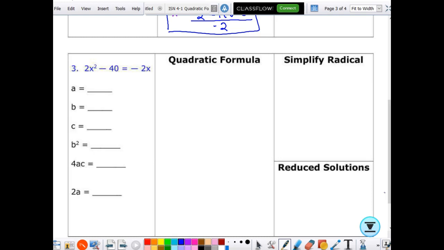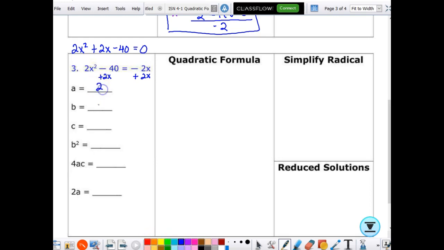So looking here at number 3, I see that we need to do a little tiny bit of work first. We need to add the 2x over here to get everything on one side of the equal sign. But we need to put that in the correct order. 2x squared, then your x, and then your negative 40. That's a minus 40. Okay? So we're going to use this equation up here. Okay? So